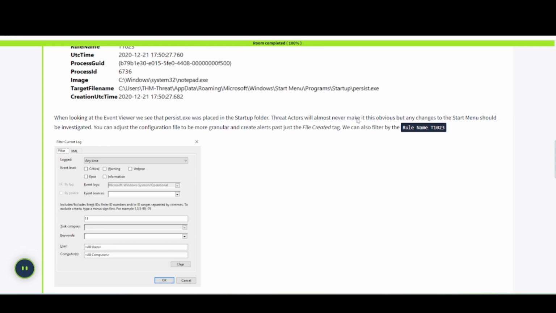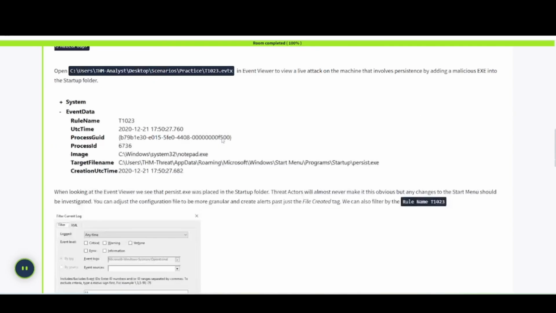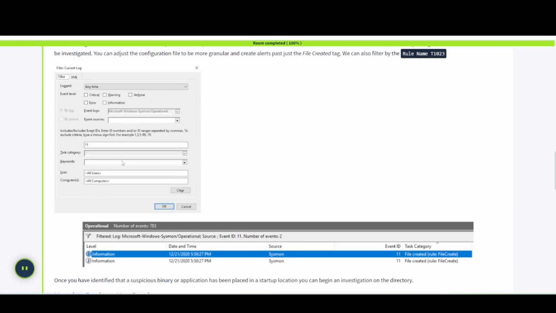The attackers will almost never make it this obvious, but any changes to the start menu should be investigated. You can adjust the configuration file to be more granular and create alerts past just the file create tag. We can also filter by the rule name T1023. So that's good to know there. They put 11 inside of here,